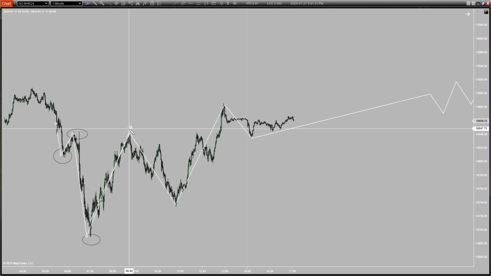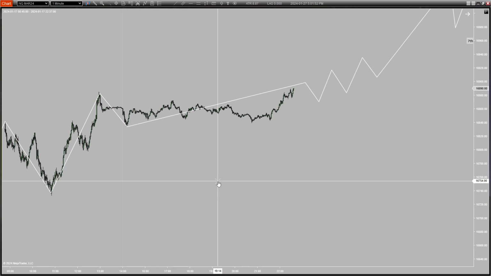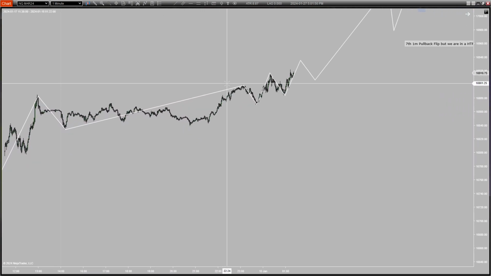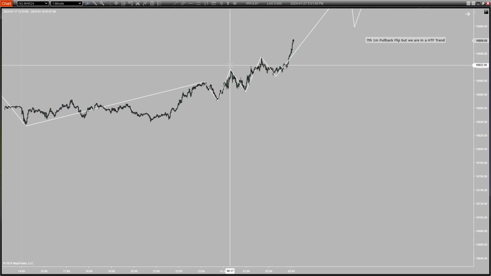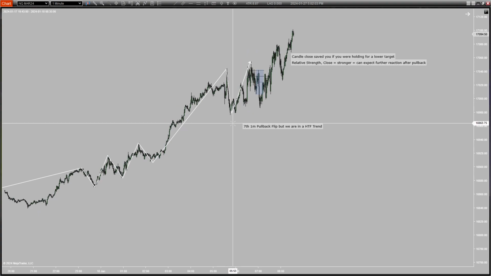We need a close above. So it's not a part of structure, but counting swings, like I said, it's just what do you see and how big? You could almost consider that 2 swings, but it's not a break of structure. I like to see at least a swing down, valid pullback, break of structure, valid pullback, valid break of structure, right? So we're at 1, 2, 3, valid break of structure, 4, valid break of structure, 5, valid break of structure, 6,